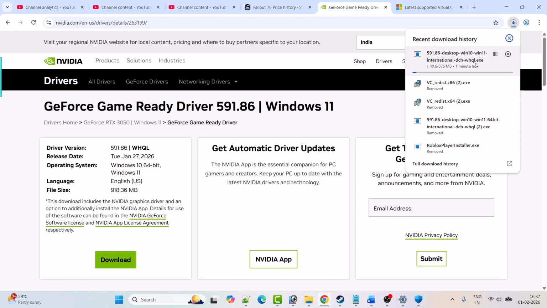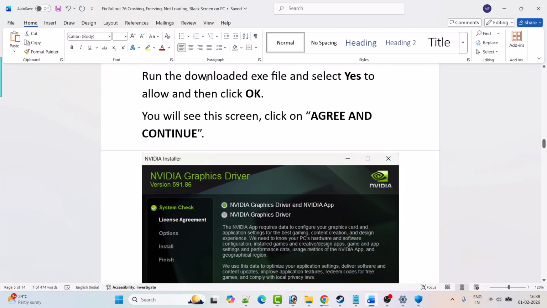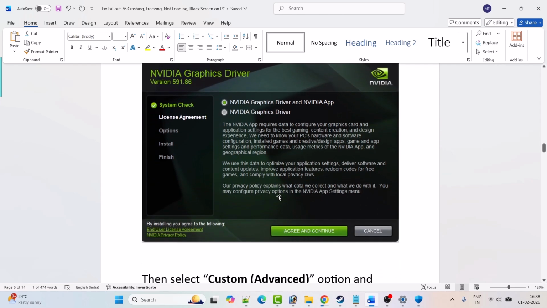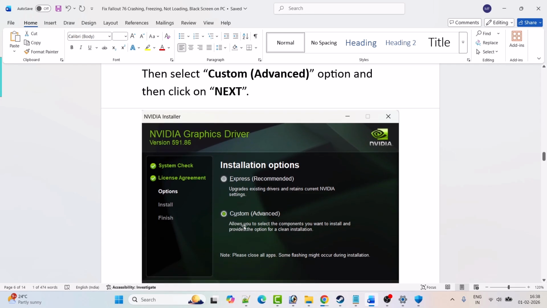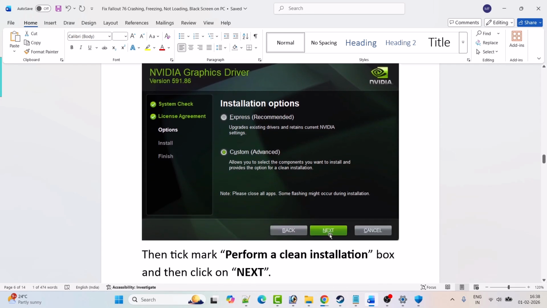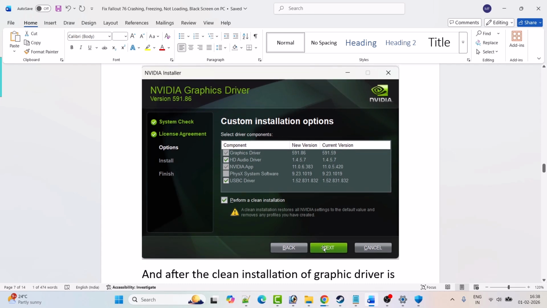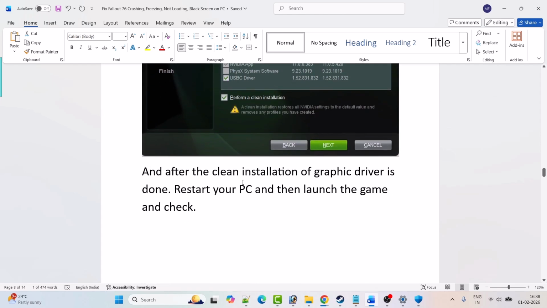And once this exe file gets downloaded, run the downloaded exe file and select yes to allow, and then click OK. You will see this screen. Click on agree and continue, then select the custom advanced option and hit next. Then tick the perform a clean installation box and hit next. After the clean installation of the graphic card driver is done, just restart your PC and then launch the game